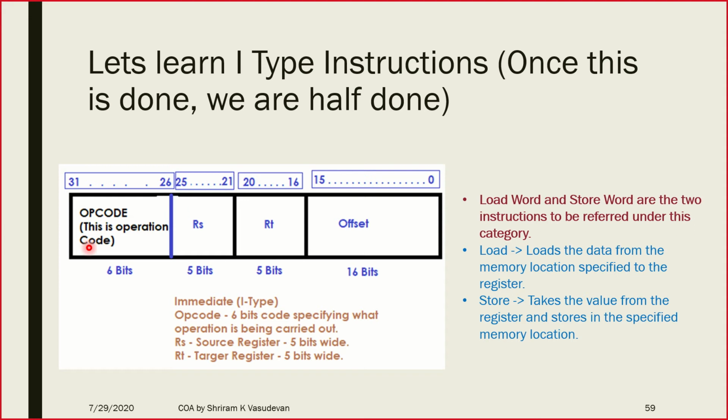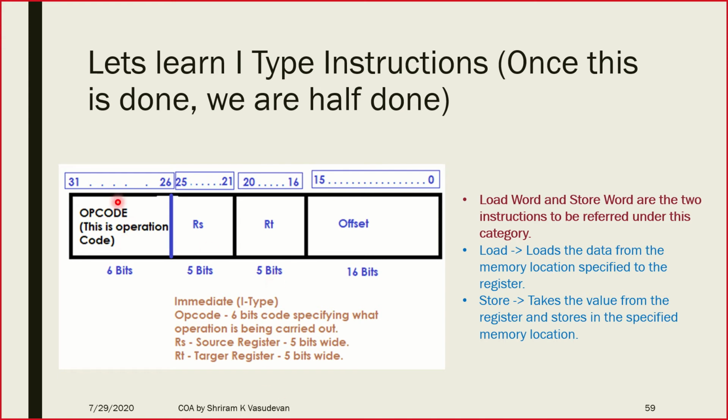What are the fields in the I-type format? I have the opcode, which cannot be changed, which is 6 bits. I have the offset, which cannot be changed. There are only two register fields, called RS and RT. No RD here. Remember, it is RS and RT, no RD. This is how it is framed, and you need to remember it this way. If you alter RS as RD or RT as RD, that's wrong. It will not be accepted, and you cannot get marks there. This is the complete structure, like a Bible for it, and you have to follow it.